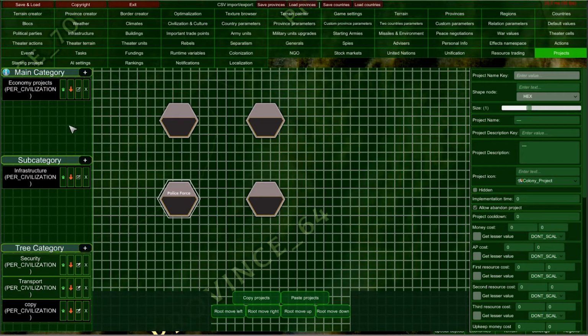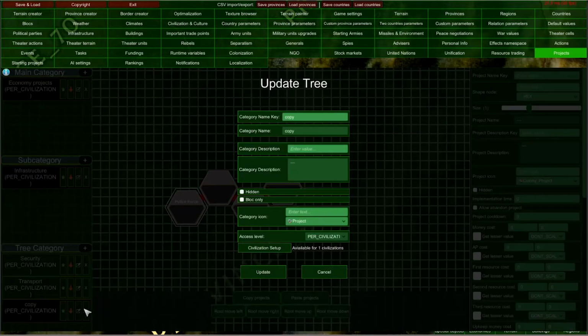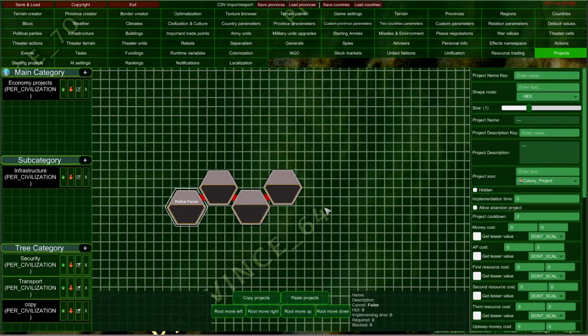And also I should mention how block projects work, because this is a little bit different. First of all, I recommend all block projects be permanent. So we have to disable the allow abandon project for all of them. And we can set up here the block only type of this category here. And block projects are available only for block leaders. And when I am the leader of the block, I can start implementing them one by one, just like normal projects. But if at any moment I stop being block leader, so basically at any moment that my block is dissolved, broken,